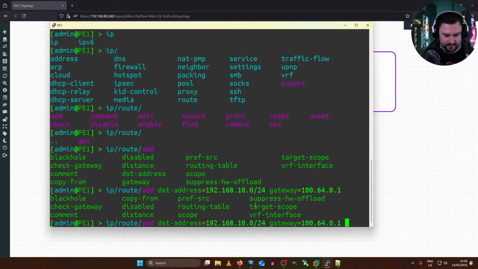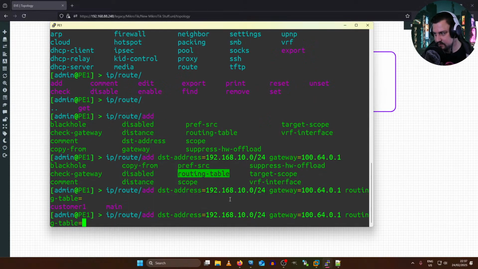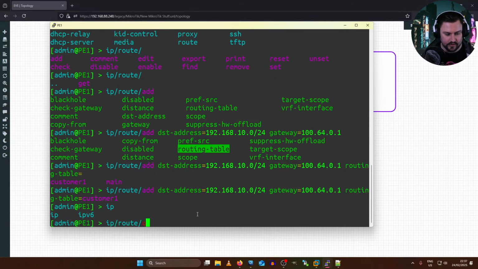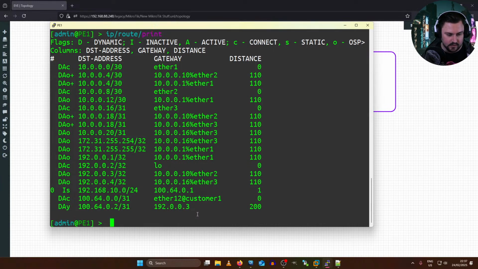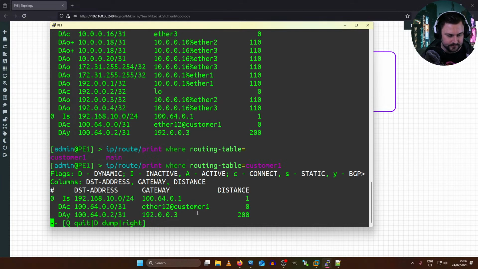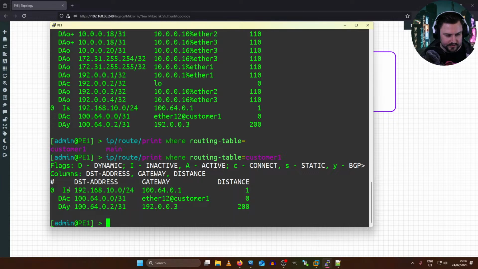We actually need to specify now, there used to be a routing instance. You could specify the routing table, so I could set the routing table for that, and that is now going to be the customer one routing table, their VRF. So now if I look at the IP route print, and we could actually dumb this down a little bit, I can also do a where routing table equals customer one. We can see there is an inactive route